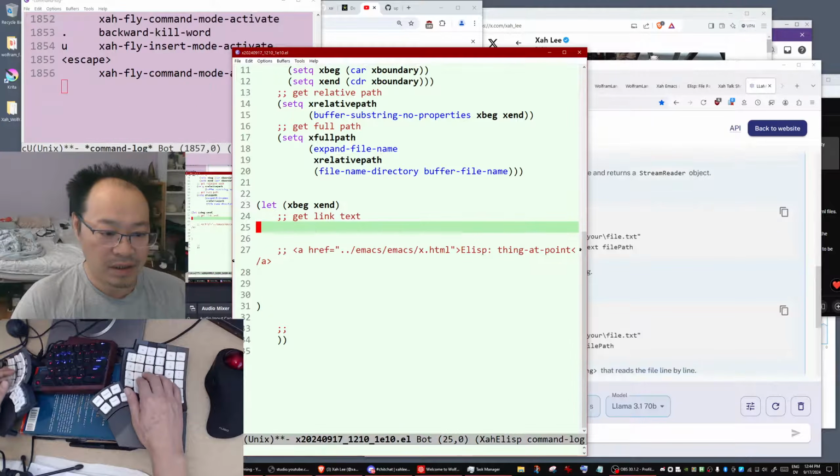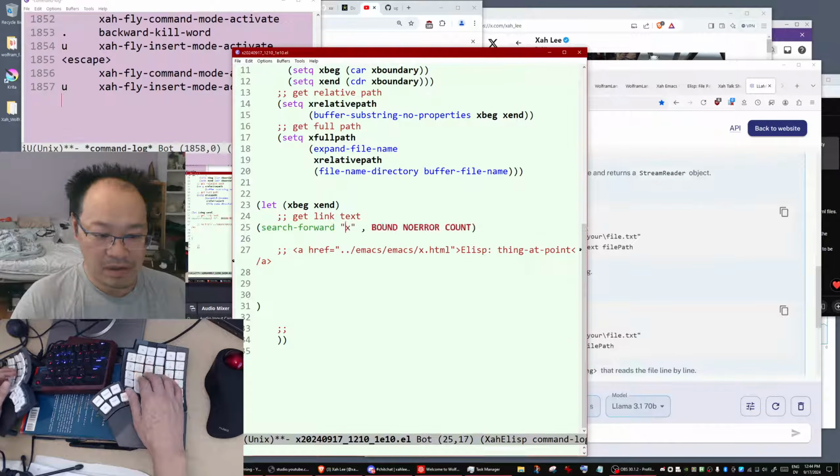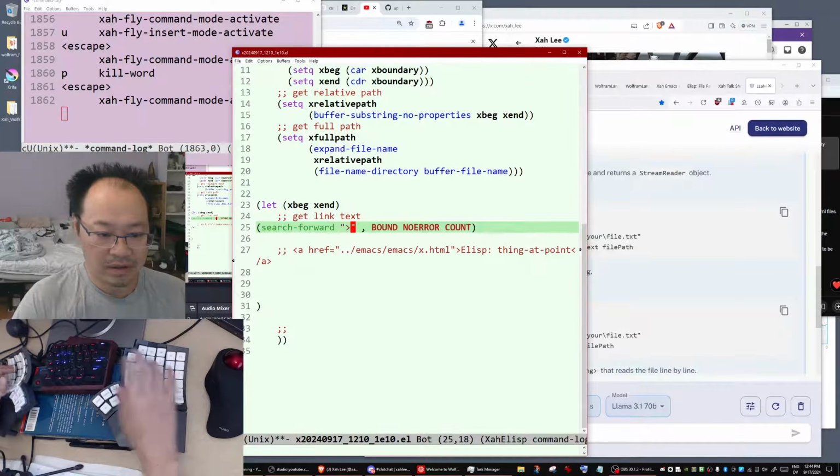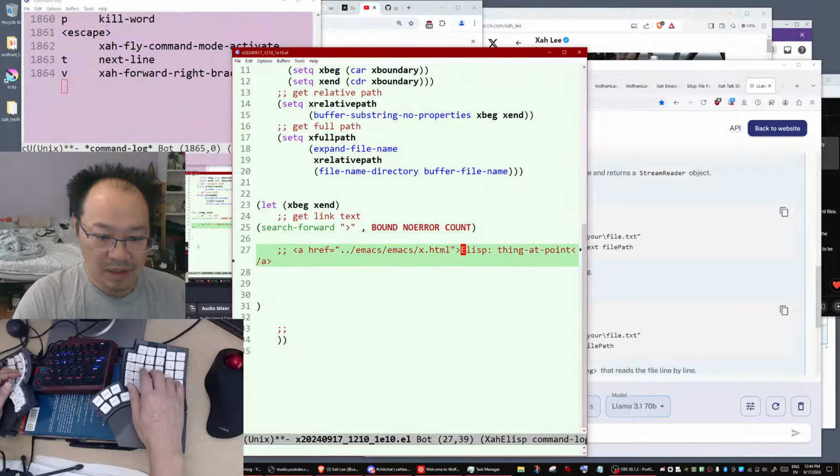Here's how you do it. Search forward for the greater-than sign, that will move the cursor to the beginning of the link text.